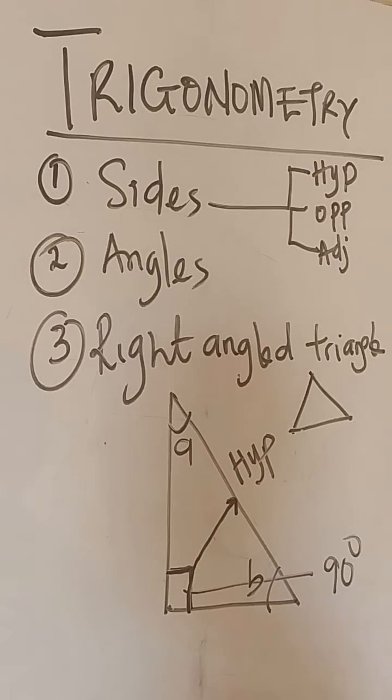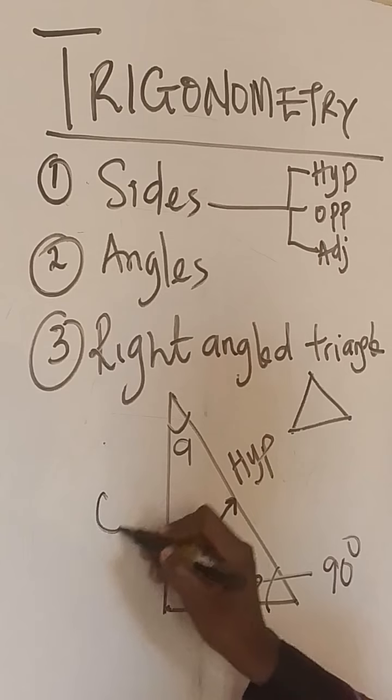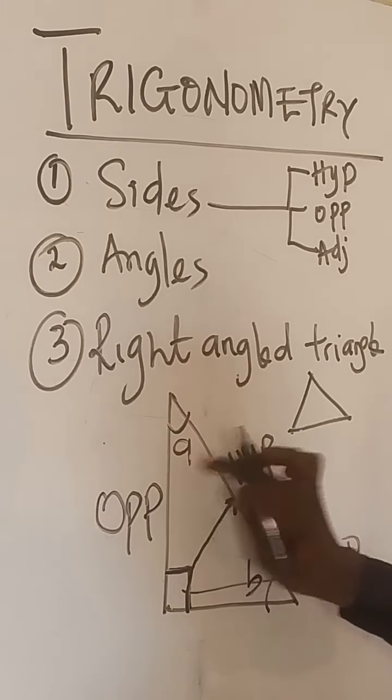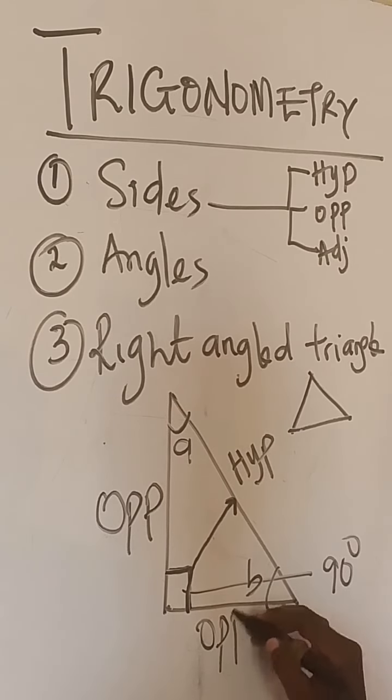How do I know my opposite? The opposite here depends on the angle in consideration. If the angle you are dealing with is B, then here is your opposite. But if it is A, here is our opposite, which means that